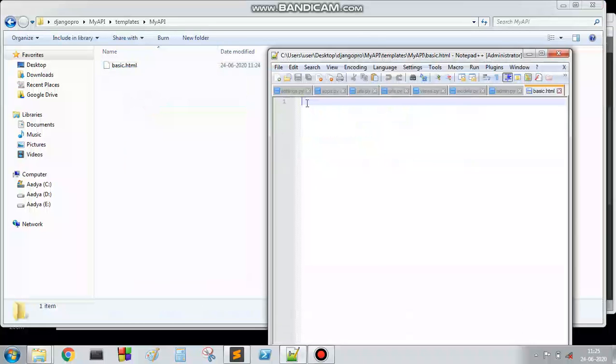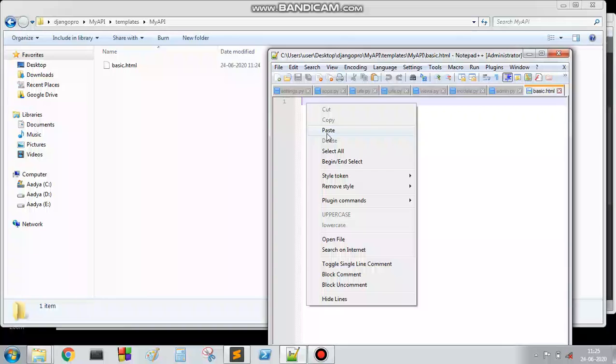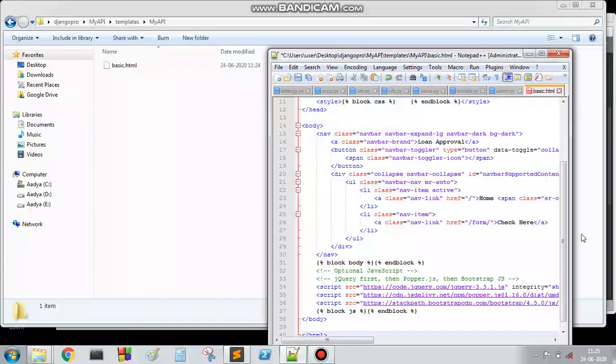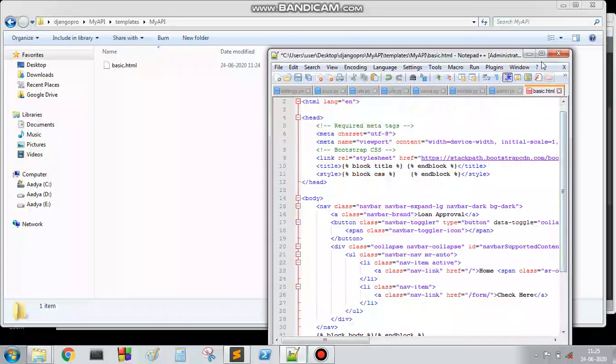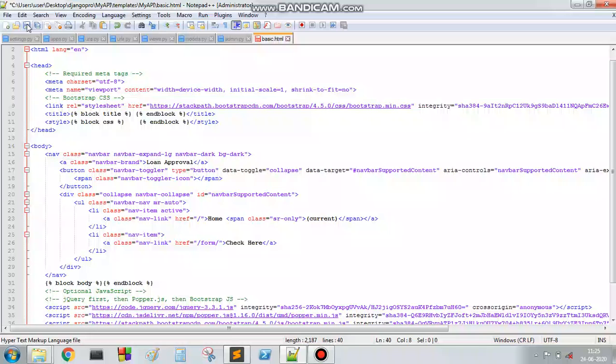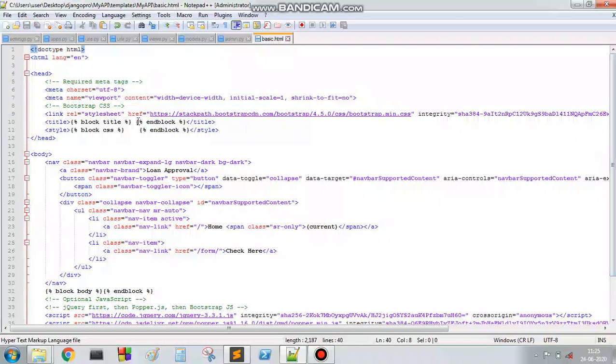Though I have already completed this project, I am copying code from my original project and pasting it here. This is the complete basic.html. Look, the navbar is common for all the web pages.